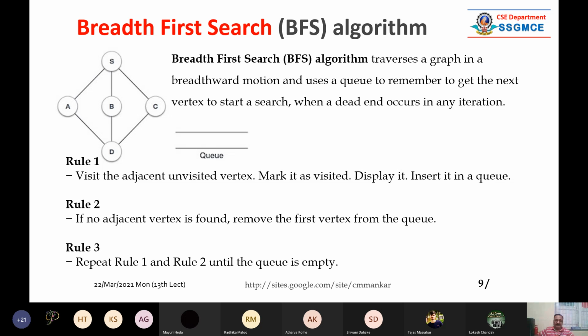if no adjacent vertex is found, remove the first vertex from the queue. जैसे मतलब आपने S से start किया, you will reach A, B, C. फिर आपका काम हो गया है, क्योंकि इसके बाद में दूसरे नोड्स अवेलेबल नहीं है. देयर आर नो नोड्स, ओनली 3 नोड्स आर देयर, A, B, C. तो हम लोग क्या करते हैं, जिससे हमने स्टार्ट किया है उस नोड को हम बाहर निकाल लेते हैं क्यू में से. S will be out of the queue. So I will be showing you step by step.